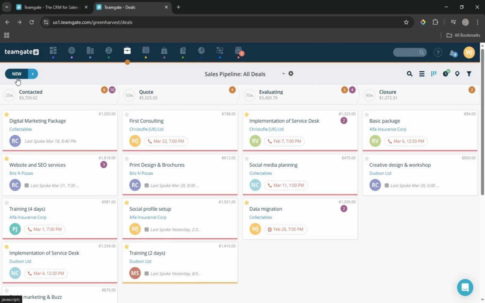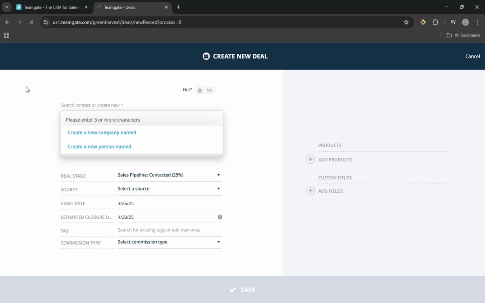Creating and managing deals. The first step is to tap on View in the top left-hand corner. This action will allow you to initiate the process of creating a deal. From there, you'll be prompted to enter the necessary contact information, which includes adding a new person or associating the deal with an existing company. If the company doesn't already exist in the system, you can easily create a new one to keep all relevant